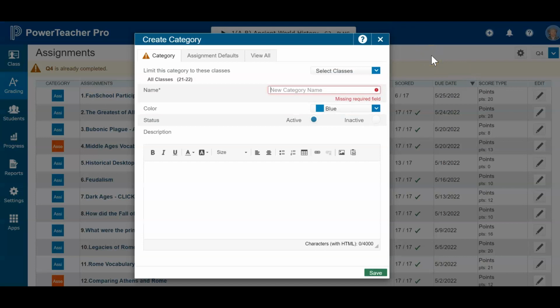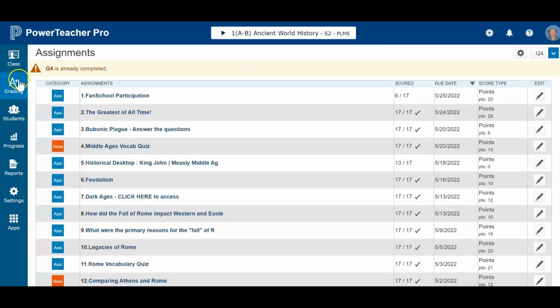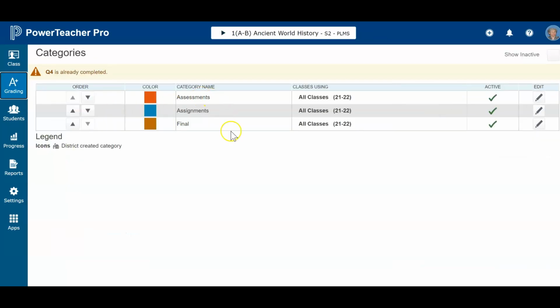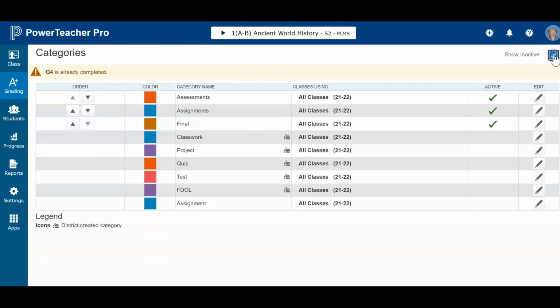PowerSchool gives you a set number of categories. There's 5 of them. So let's go back here before we create a new category. Let's come over here to grading, click on categories, and you'll see that I have 3 categories here. But if I click on this button to show my inactive categories, you'll see these 5